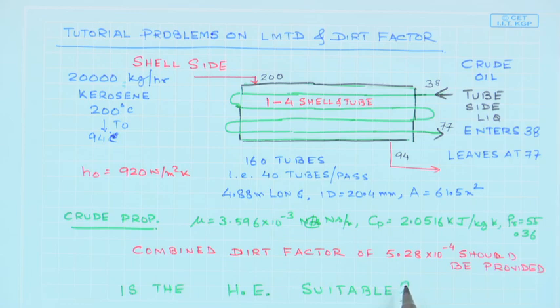Then it won't be able to handle the specific operation. So, we have to first calculate the log mean temperature difference. Once we calculate the log mean temperature difference, we should also be able to calculate the heat transfer coefficient on the tube side based on the Reynolds number and Prandtl number of the crude oil that